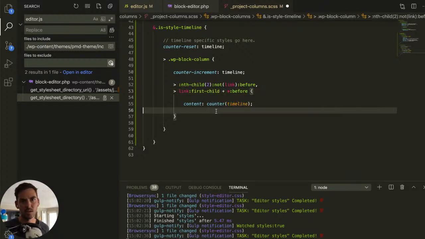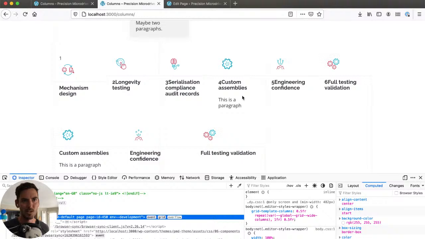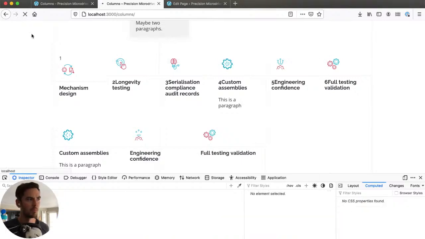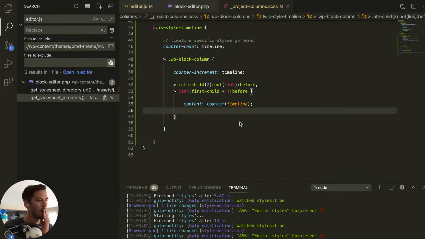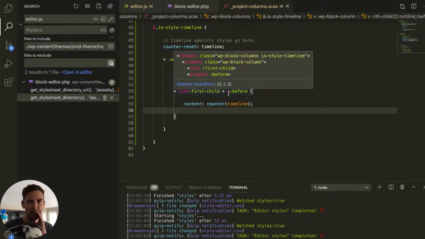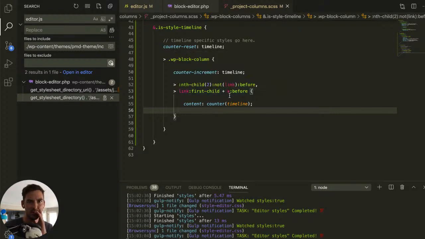Link first child, I want to add it to the next child, right? Wow, it's not working. I'm probably missing something super basic here. Link first child plus whatever, so it's the next thing after that. Link